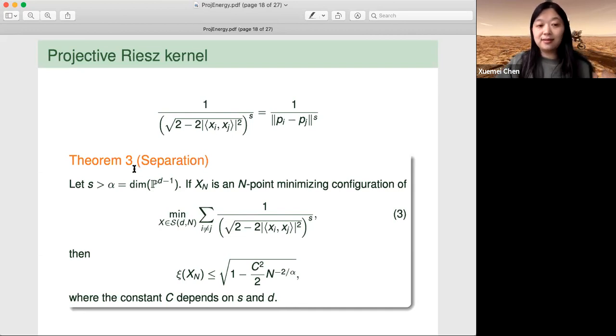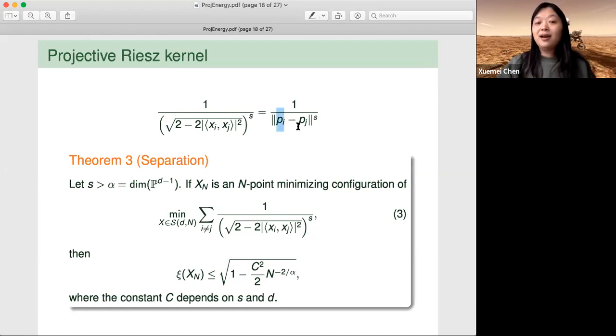And the third theorem that we have here is about separation. So first of all, before I even present my theorems, if you are a little bit familiar with a lot of the minimal energy results on Riesz kernels, then we can all imagine that I can use a lot of results there to prove the theorems that I wanted. And because my kernel here is really the Riesz kernel,